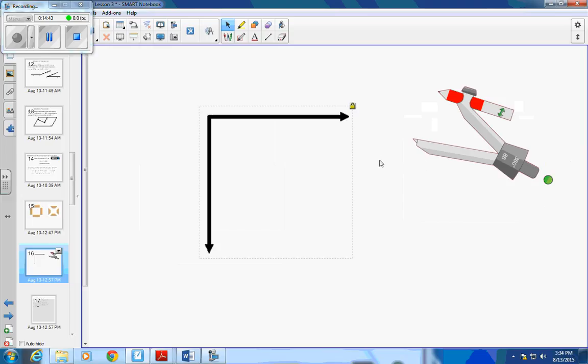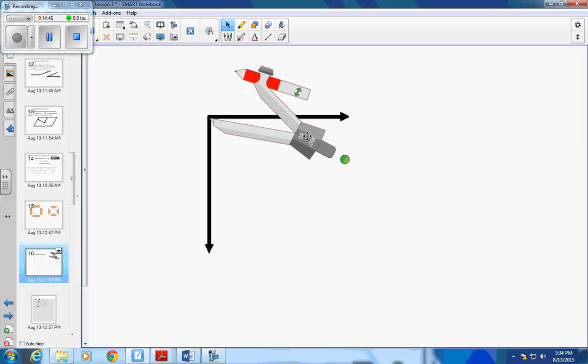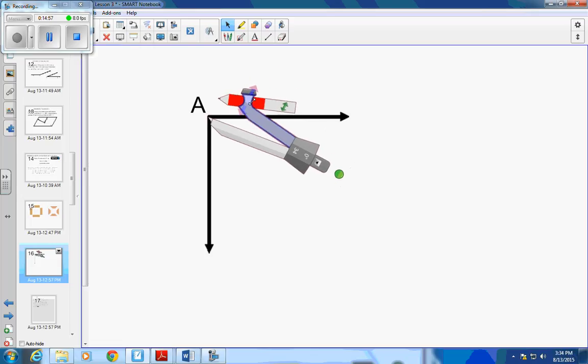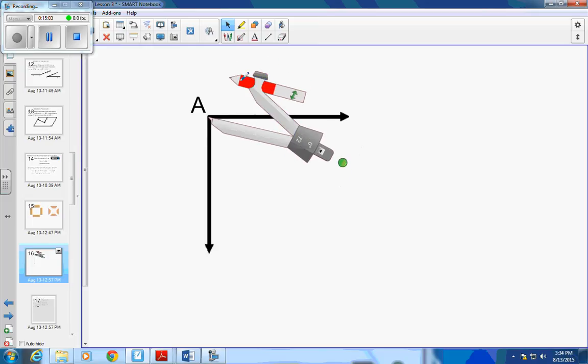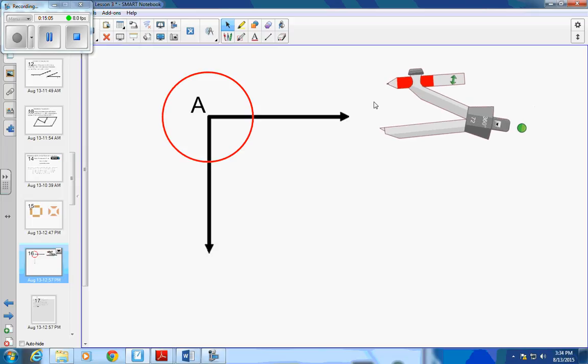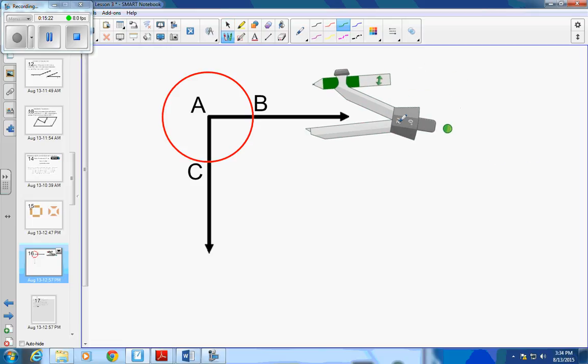Okay, so to bisect an angle, the way we do that is we're going to take our compass. You're going to put the point of the compass on vertex A. So I'm going to label my vertex A, put the point of my compass on A. I'm going to make a circle centered at A, whatever radius I would like. I'm now going to label the intersection of the circle and the original angle rays as B and C. Then I'm going to make a circle centered at B,